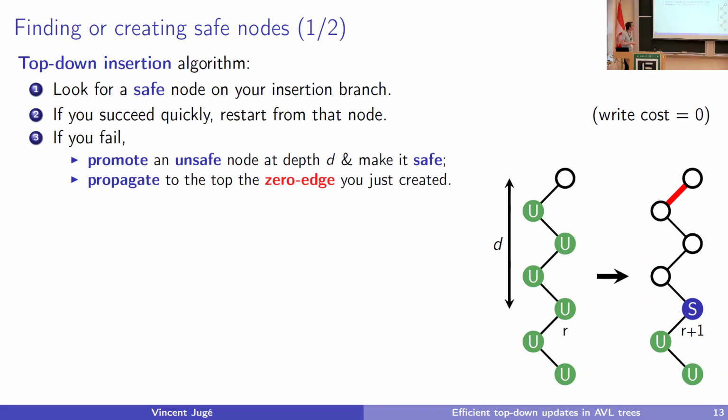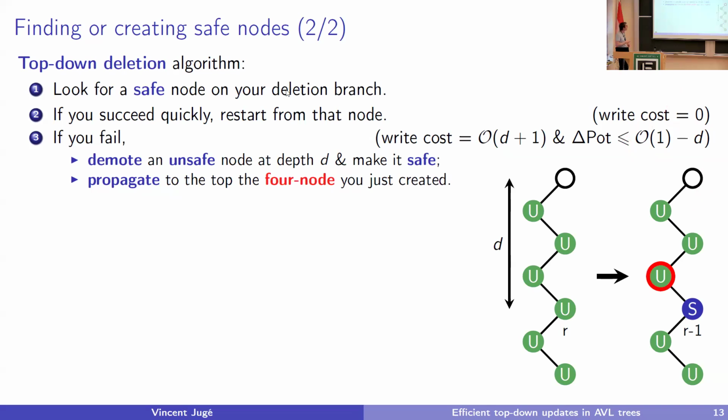So it works rather well. In particular, the write cost of this batch operation will be linear in d, maybe d+1. As for the variation in potential of the tree, whenever I transmit the zero edge, my potential decreases, and just this promotion lets the potential increase by a constant. So in general, the potential as a result of this batch operation increases by at most a constant minus d. If d is super large, my potential will decrease in the end, and this is good for me, because I want to use the same kind of analysis that I used for the bottom-up case.